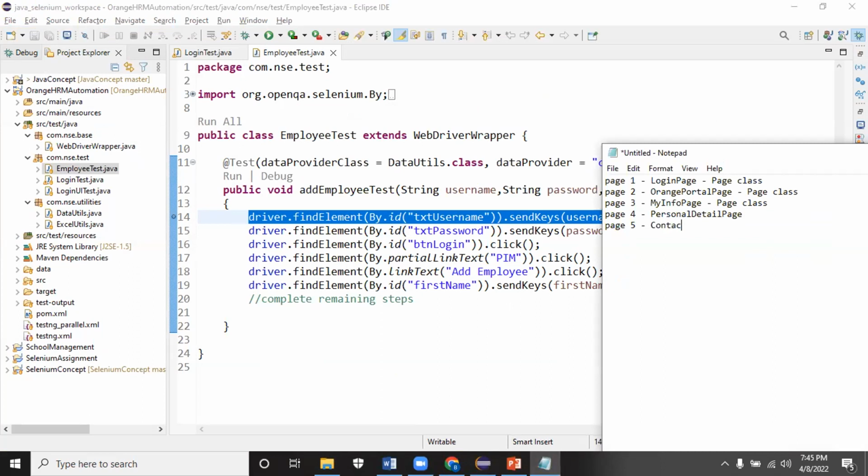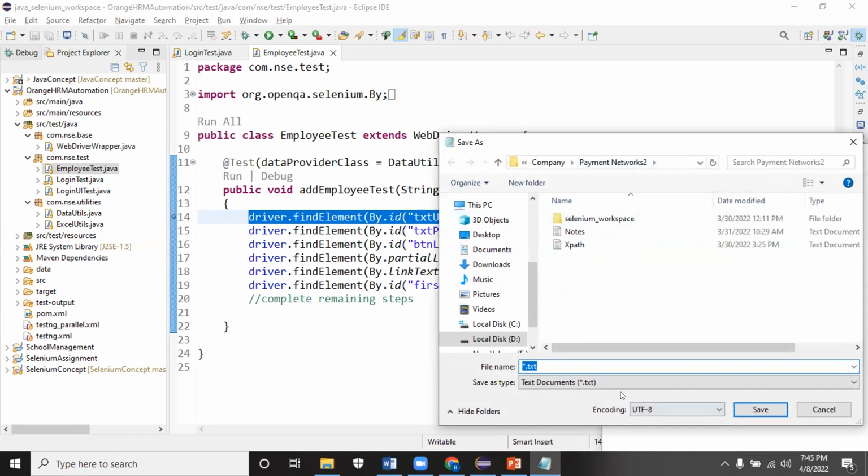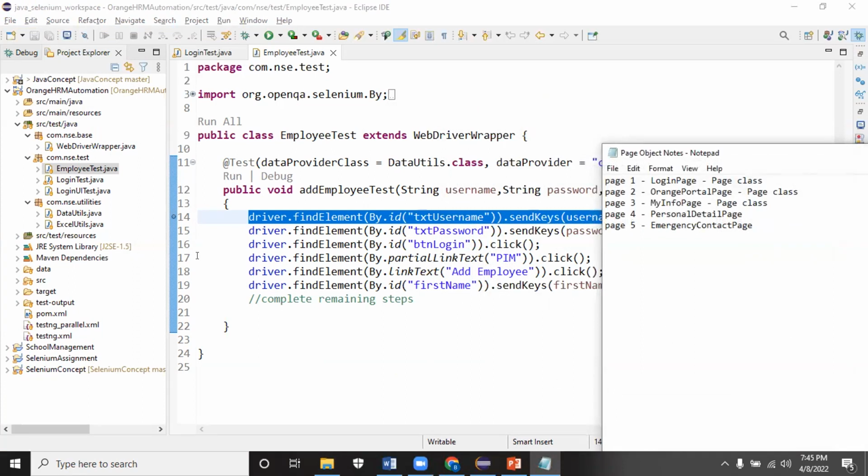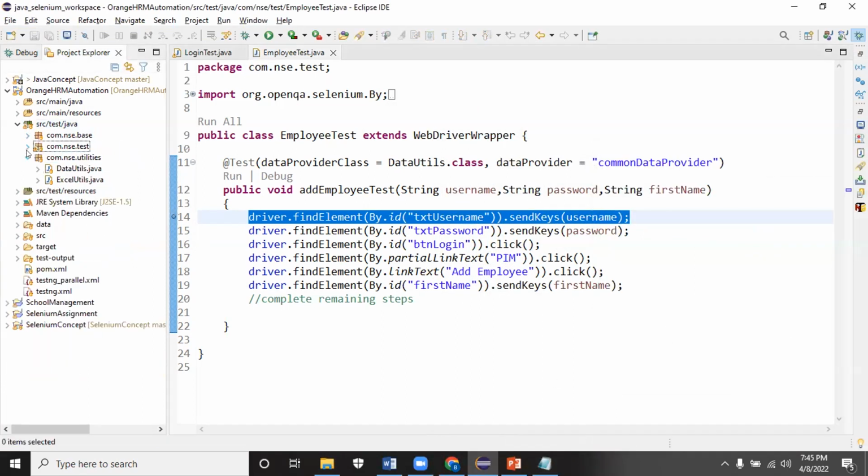So contact feature. If I create one class, you will get clarity. Emergency contact page. For each and every page in an application, we will be creating a class. That's the first thing. Now, what I'll do is I'll go for this